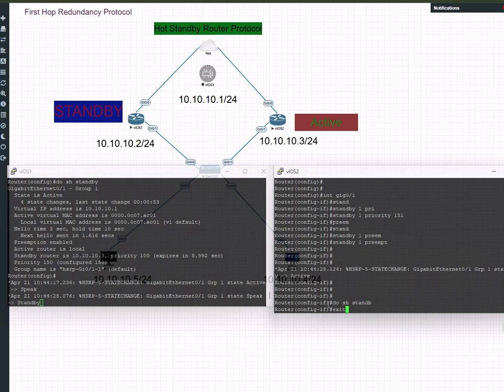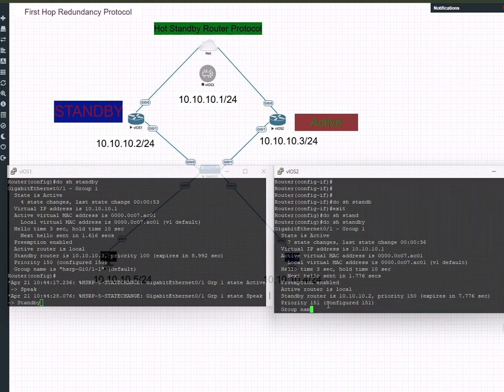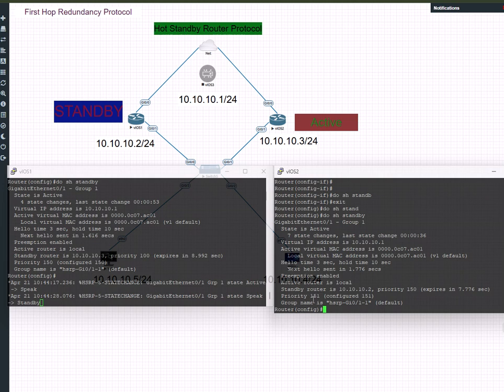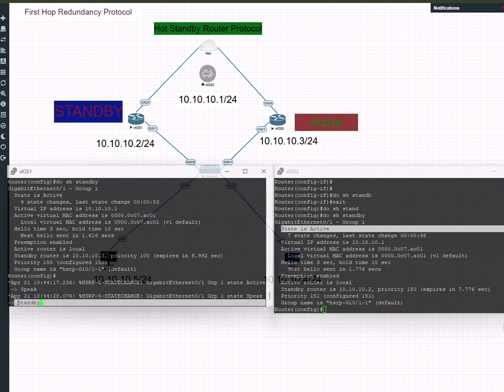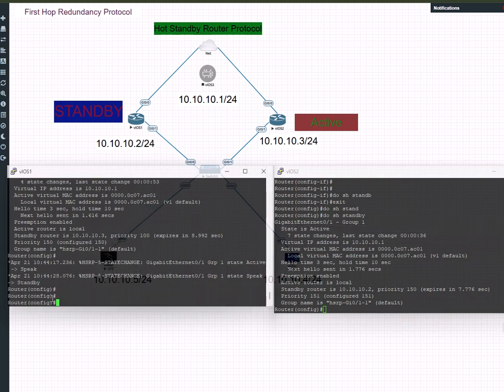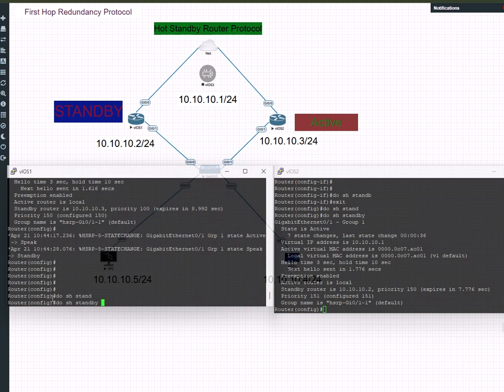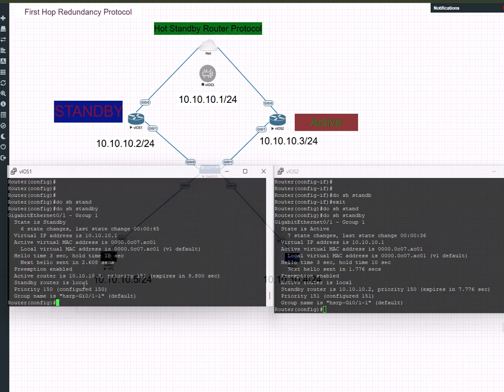Okay, let's exit from that interface and do show standby. As you can see, this router is now configured with manual configuration of a priority of 150, and we have preemption enabled, and we have this state as an active router, and you have that as the standby router. Do show standby. This will show me exactly what we have. We have that router as the standby router, so which means if I try to shut down that interface